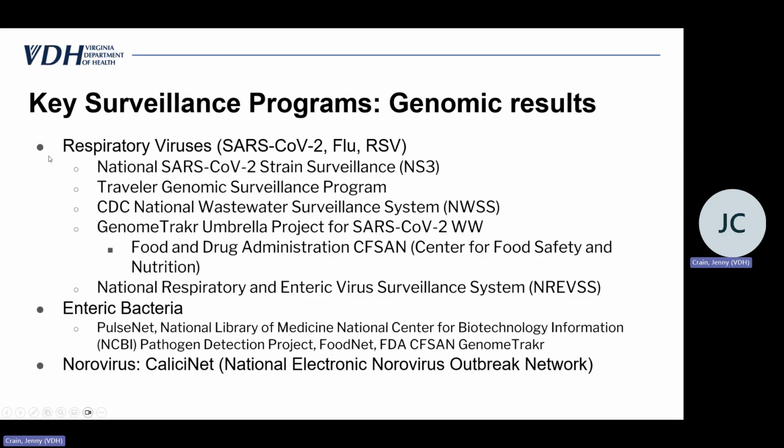Okay, so as I mentioned in the beginning, and I'm not going to go through everything on this slide, there are many surveillance programs that are already using genomic results. And so as we started off this lesson talking about the SARS-CoV-2 pandemic, I do think that many of these surveillance systems are already familiar to many genomic epis or those that may be listening to these lessons. So I'm going to give some screenshots and cover a couple of those in a little bit. But I did want to just stop here to mention PulseNet and how that's been around for going on 30 years.